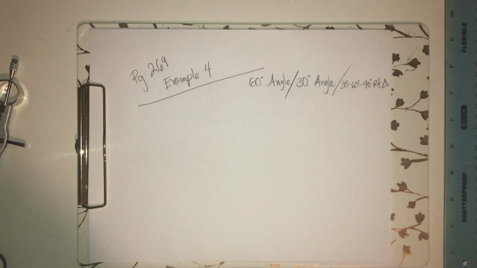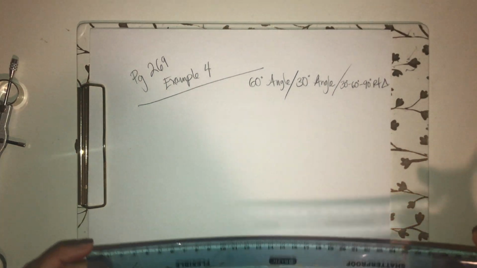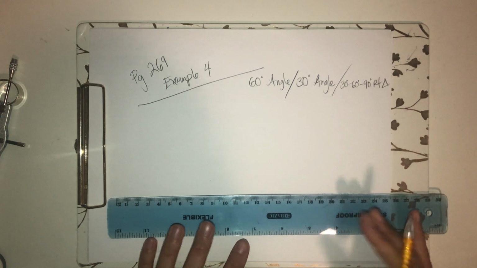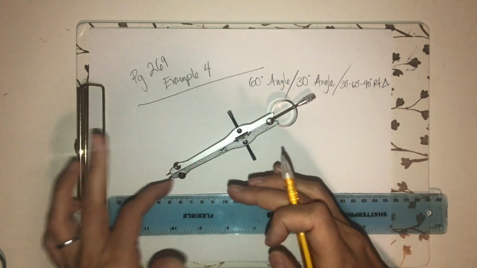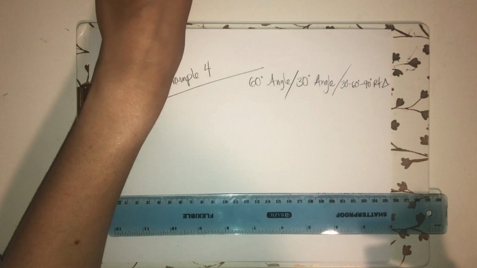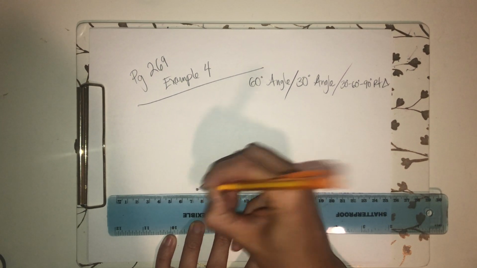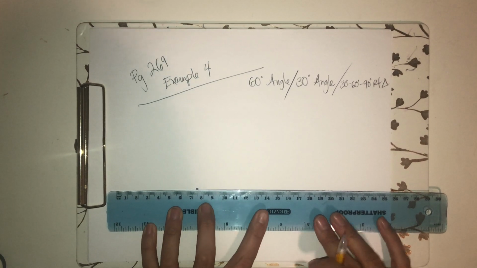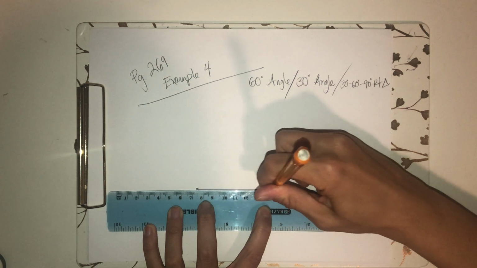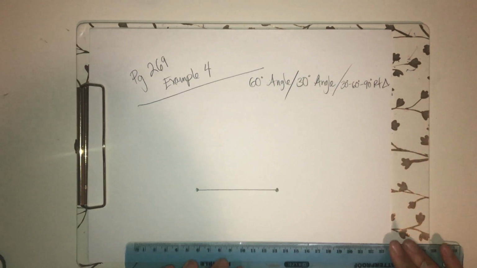There's a lot happening. So the first thing that we want to do is give ourselves a line segment. So it's going to be some particular length. How long do you want to make it? Oh, I don't know. Not too long, because you want your compass to be able to open far enough to encompass the entire length of the line segment that you create. So just make it something somewhat reasonable. I'm going to start by putting a point right there, and I'm going to line it up horizontally, and I've decided I'm going to make my line segment this long,